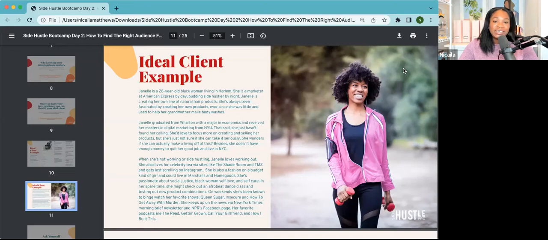And she has a common struggle, right? She doesn't have enough money to quit her good job and still live in New York City, but she's really interested in doing this side hustle. And so as I map out Janelle, I start to get a sense of,